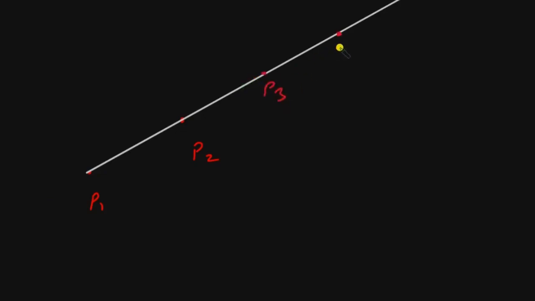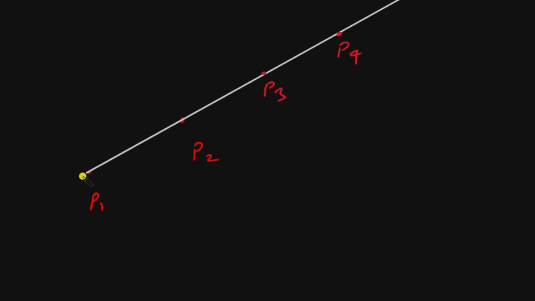Now first of all, suppose we are given some points, let's say P1 and P2. It is very obvious that using only 2 points we can always draw a line. So if the input points are only 2, yes, we can always draw a line using them. That line could be something like this. Now suppose we are given more points, let's say P3 and P4, and we have to check whether all these 4 points lie on a line or not.